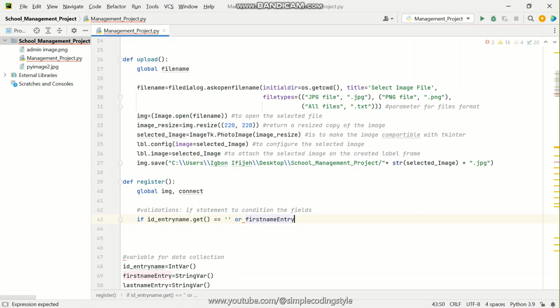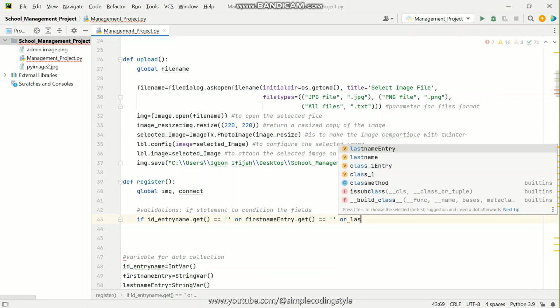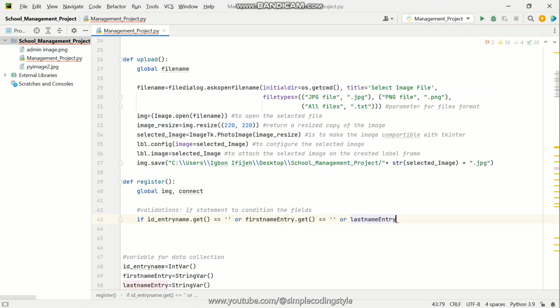So the first one is going to be first entry name dot get. Okay, if that is equivalent to that, or I have the last name entry dot get, if that is empty, or the date of birth dot get, if that is empty, or